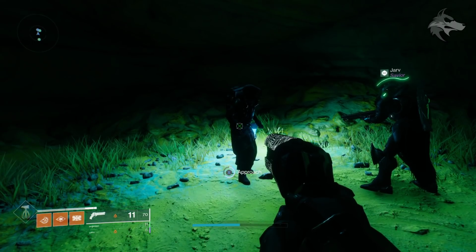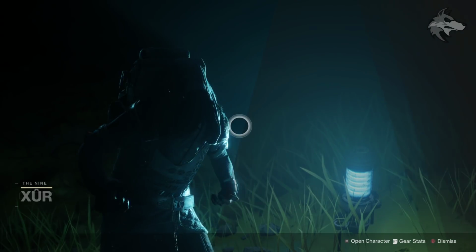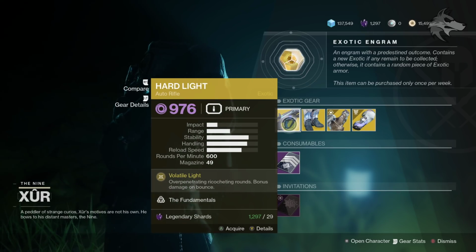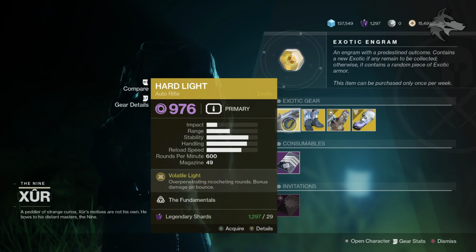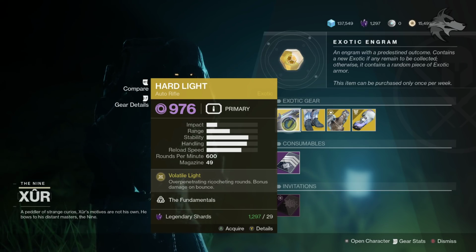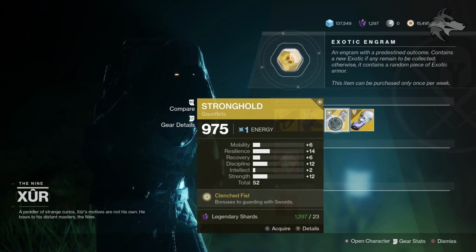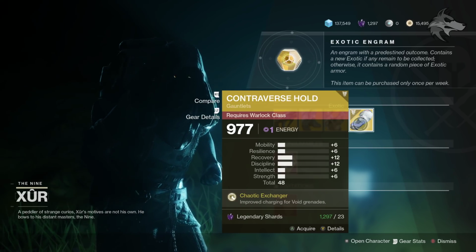So let's get straight into it, guys. What Xur has for us today consists of, wow, Hard Light initially for the weapon this week. Going to be a very useful one for any newer players who maybe don't have the weapon just yet, because this thing is absolutely ripping it up inside of the Crucible at the moment. We also have Orpheus Rigs for the Hunters this week, the Stronghold for our Titans, and then the Controverse Holds